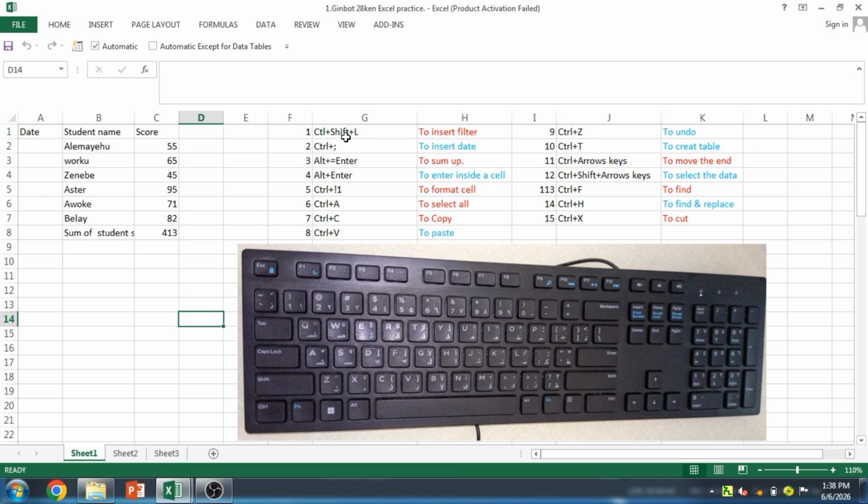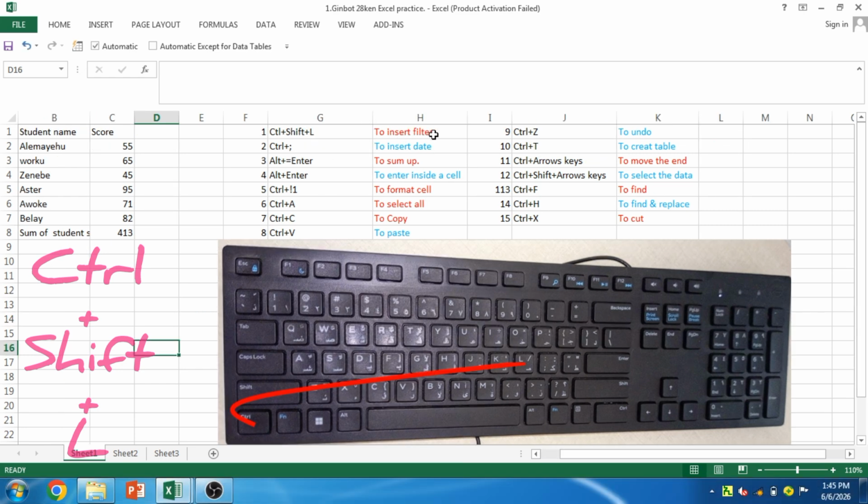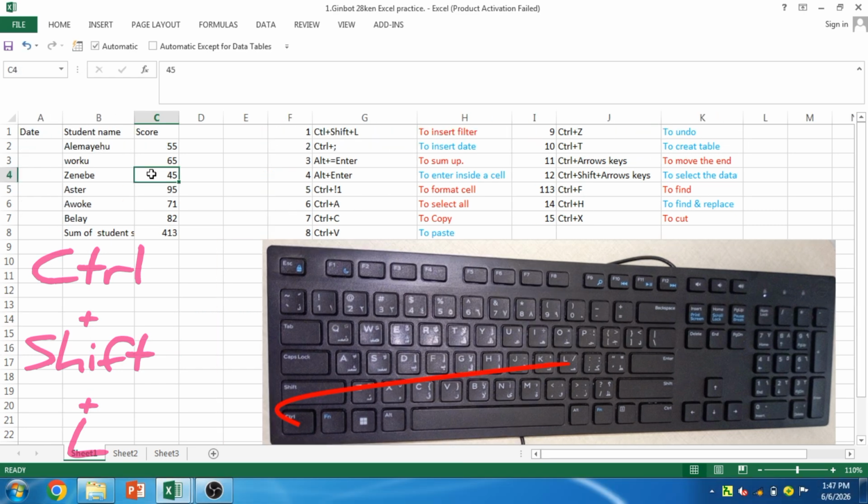The first shortcut is Ctrl+Shift+L to insert a filter. Look, here is the range of your data or your table. Press Ctrl, then Shift, and finally L. Look, here is the filter. So if you press this filter,